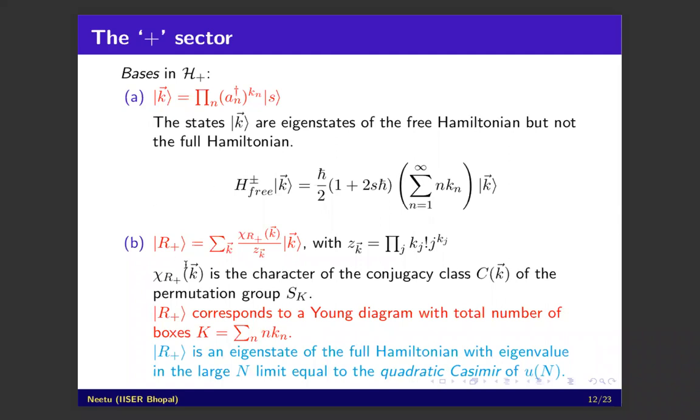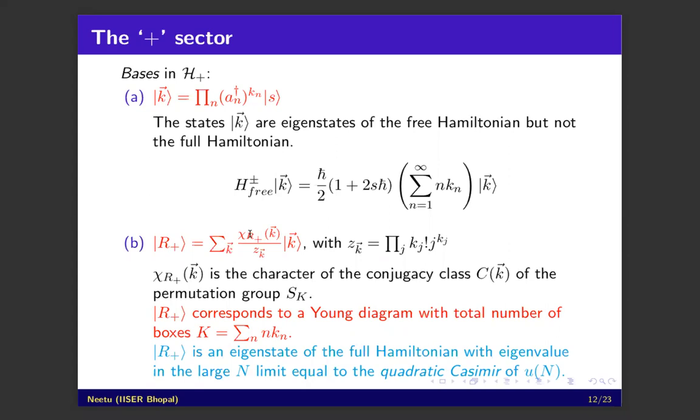Then we can introduce another basis, which we refer to as the Young diagram basis. This I am denoting by R plus, and it has this expression in terms of k vectors. Here chi R plus is the character of the conjugacy class C_k of the permutation group. And the advantage of this basis is that these states